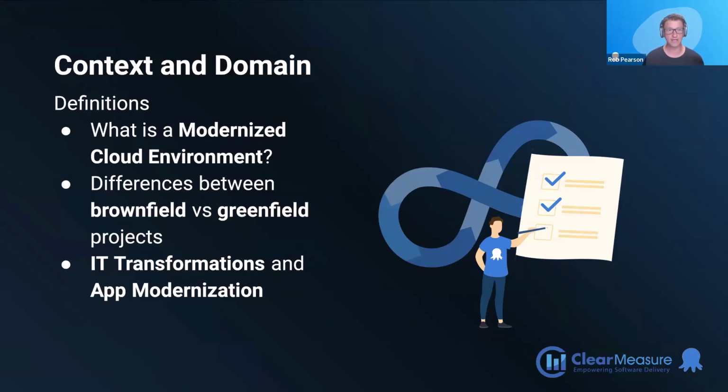Brownfield applications are existing applications, often business critical, that have decisions that were made in the past, and a lot of good ones, but there's also often a lot of tech debt where there are bad decisions, or where decisions were rushed, or we just made mistakes and learned lessons, but you still have to live with them and you don't have time to go back and fix them. And so brownfield applications are often still running on-prem or a mix, on virtual machines, monoliths, different architectures, and they are the candidates for app modernization.